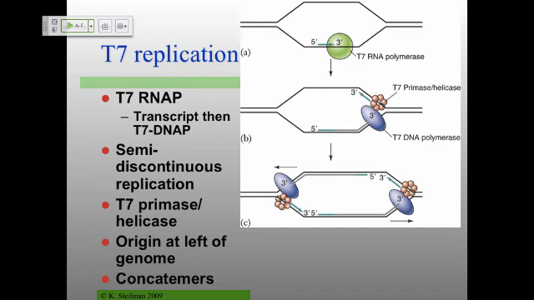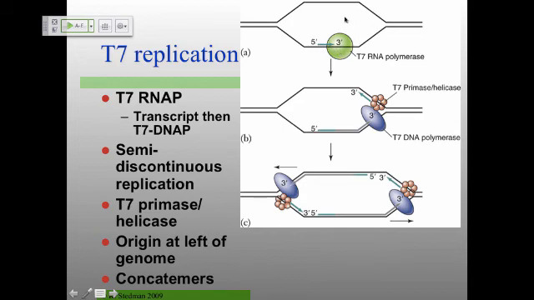It'll make these short pieces, but then those serve as the primers for the T7 DNA polymerase. And it turns out that where this happens is near the left-hand end of the genome, and then you end up with completely normal replication, both strands, leading strand,